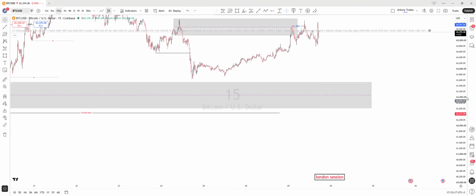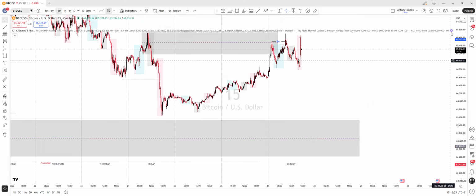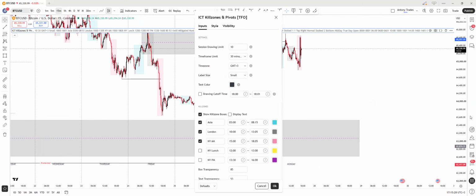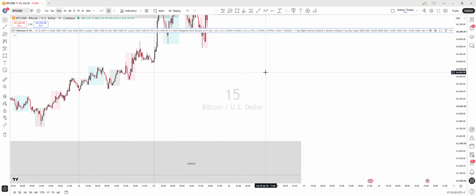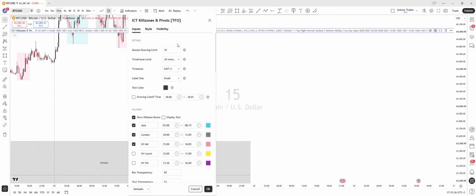All right, so let us go to the timings. I'm going to settings. I'm going to turn on my indicator, and then we are going to settings. I'll show you the timings. You click on settings, and you go to the settings. These are the inputs for the indicator. So for me, I've just customized it to be showing only for